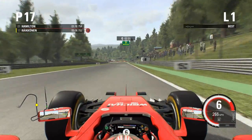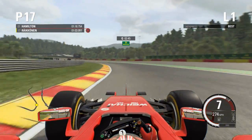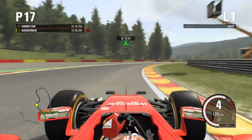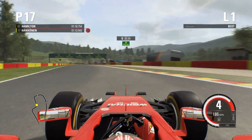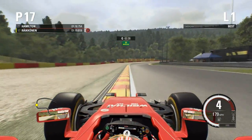Went out a little bit too wide onto the curb, but here we are plummeting downhill into the brilliant Pouhon corner, taking a lot of speed into the corner in sixth gear, getting right onto the outside curb without running out wide and extending. And so far it's been a pretty nice lap as we go through the Fagnes chicane, this right-left combo, and this is part number 2 of the Fagnes chicane, and we actually get a really nice run through here as we now approach Stavelot corner, and down to third gear, hitting the apex beautifully there,